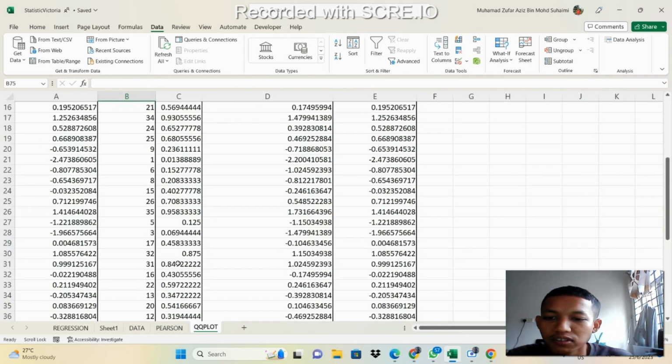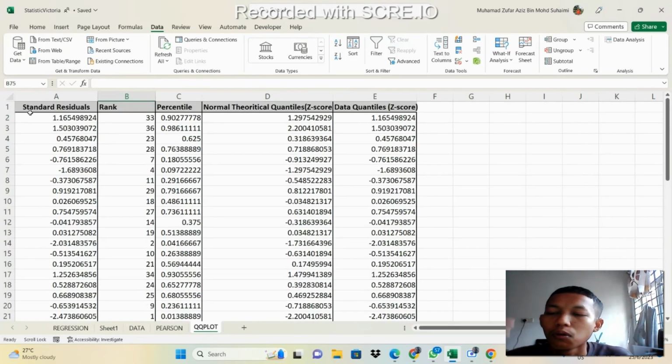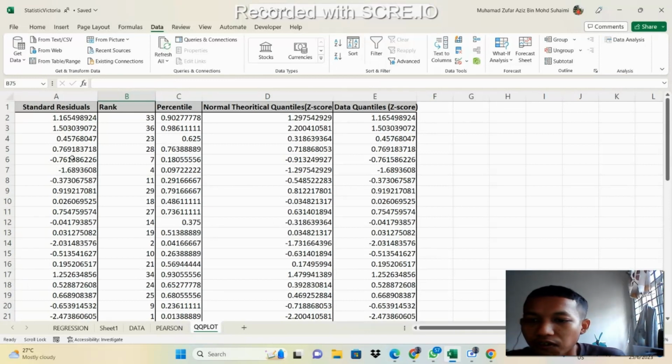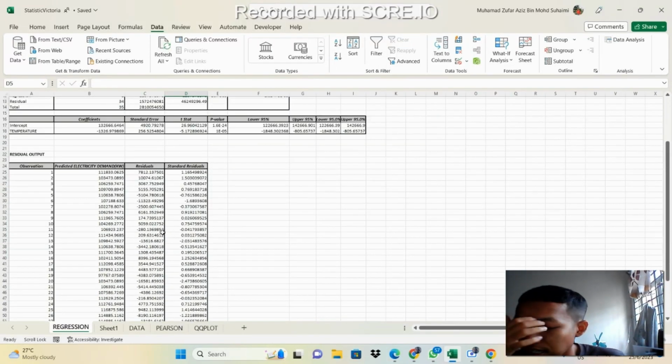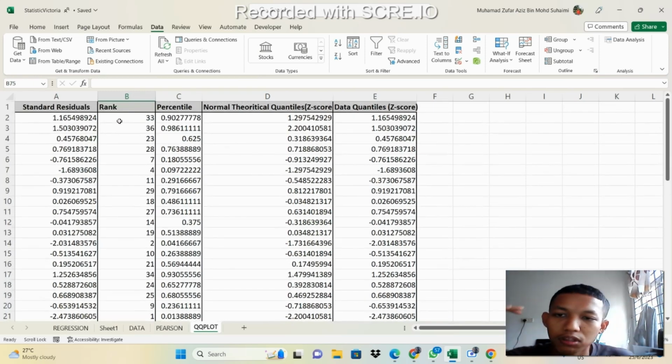Going to the last one, which is the QQ plot. So why do I use the standard residual? Because our finalized answer for the regression data is the standard residual. So I'm going to use the standard residual data and then rank them from the bottom until the top value, and then calculate the percentile and also the normal theoretical quantile, and lastly the data quantiles in order to